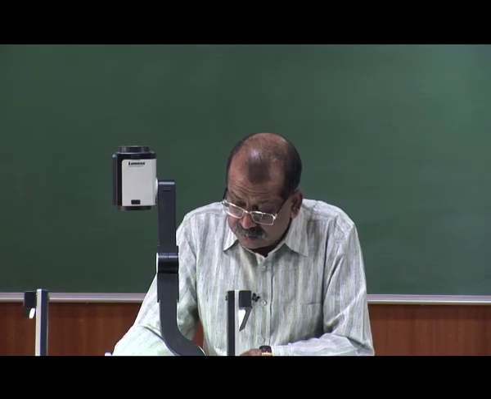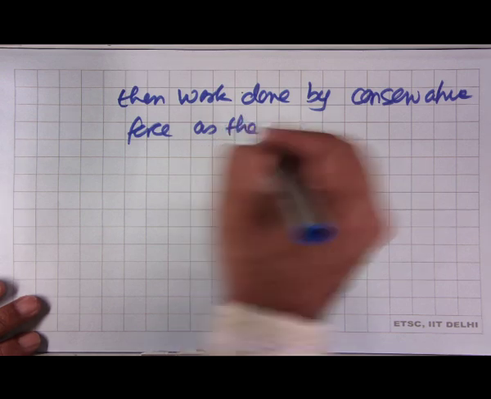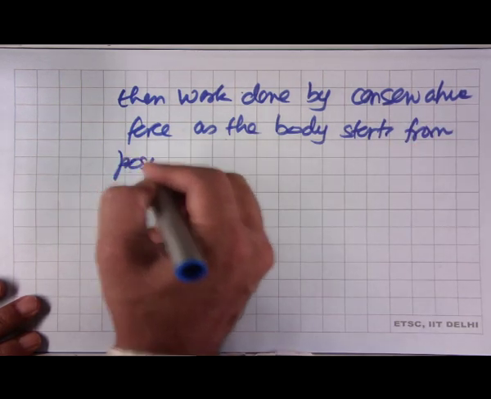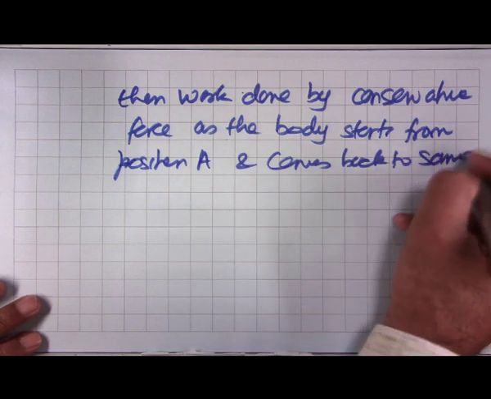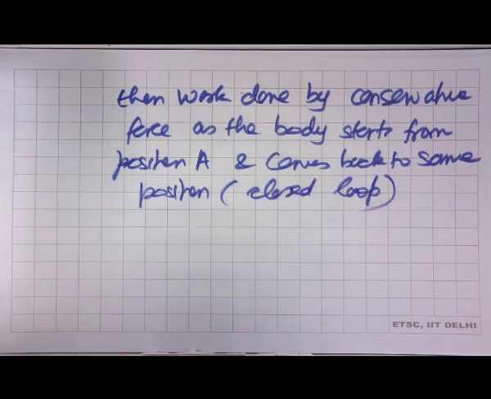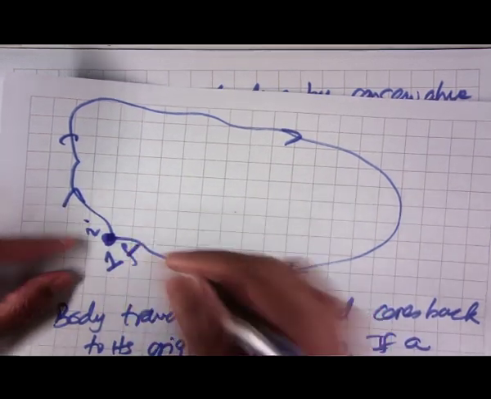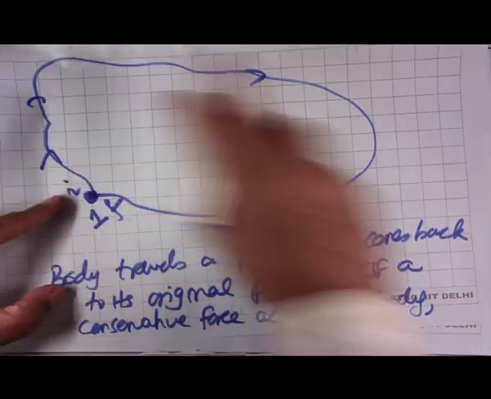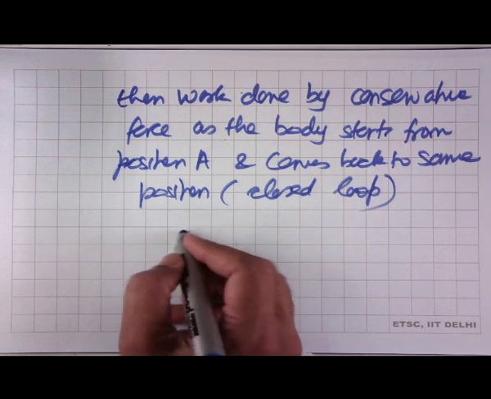The work done by the conservative force, as the body starts from position A and comes back to the same position, which means it has followed a closed loop. Mind you, the loop may not be circular, it can be any arbitrary loop. So, the body starts from here and comes back after moving, then the work done by a conservative force, if it is acting all along this interval when the body is moving,